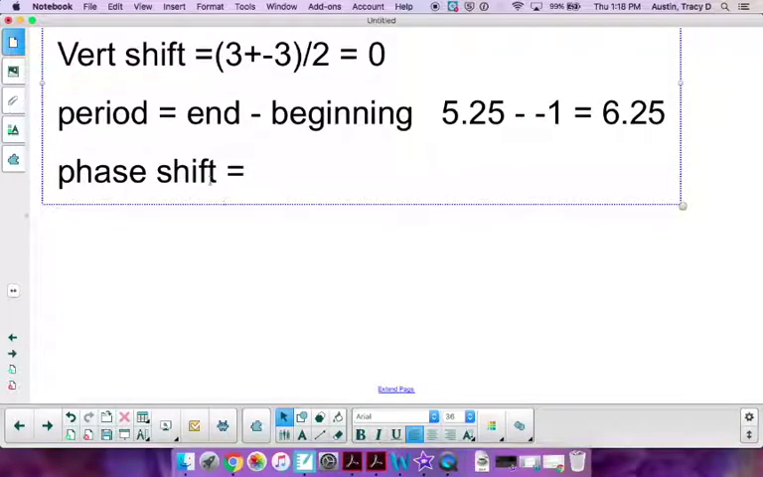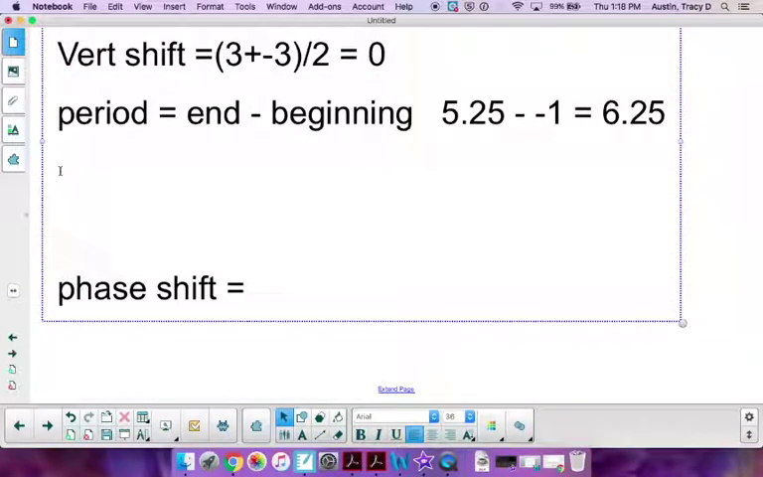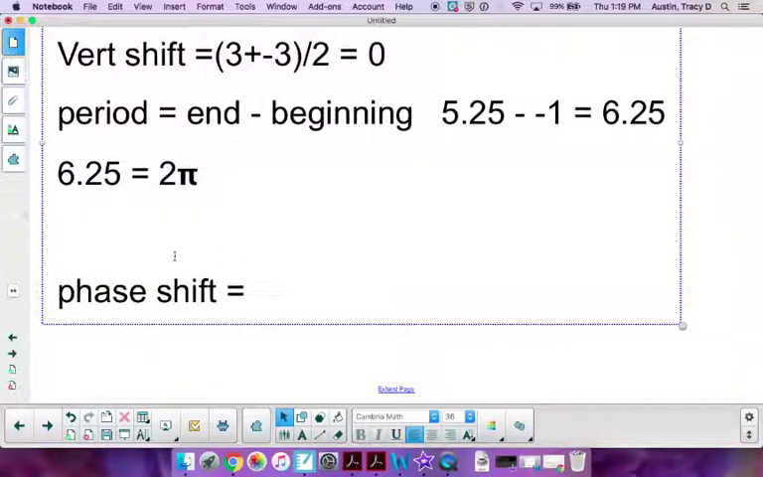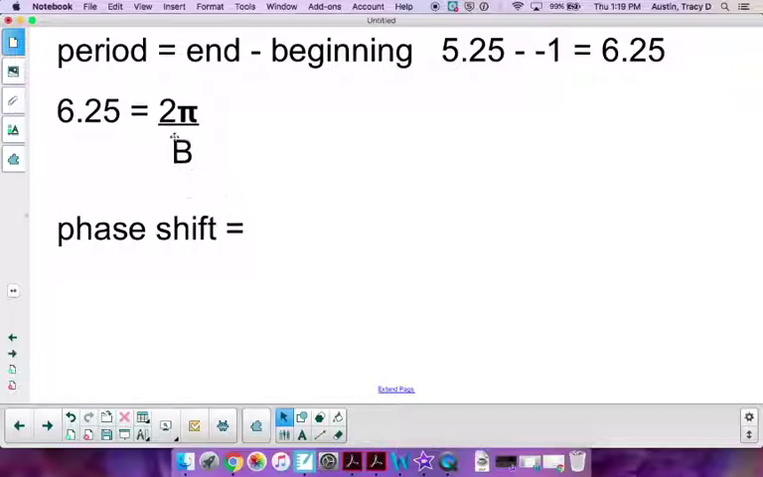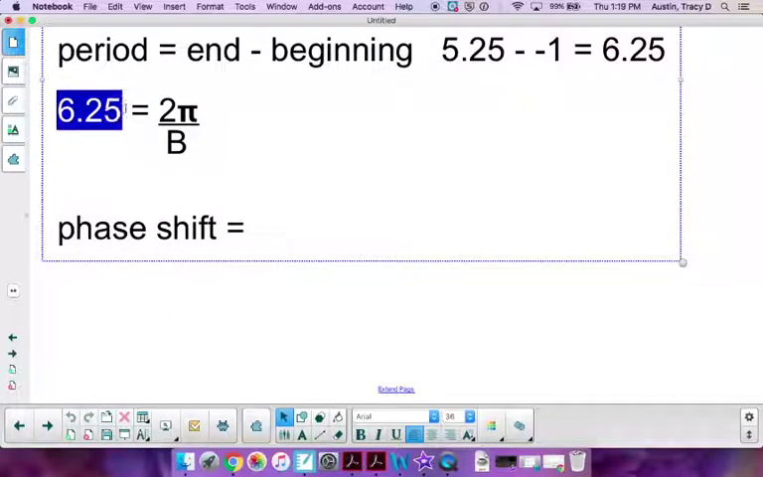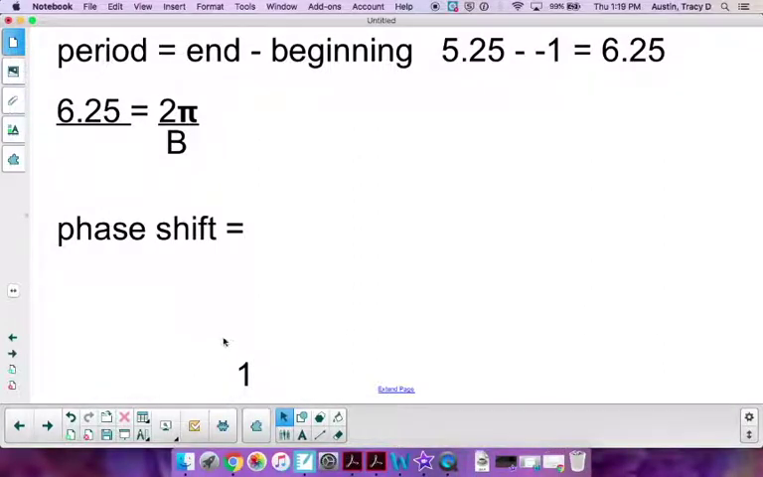Okay, so we need to do some work with that to find our period variable. Period equals 2 pi divided by b. I'm going to make this a stacked fraction just to make it easier to see. And we can treat 6.25, as we've talked about before, as if it's over 1, just to make life easier for cross multiplying. So we should get